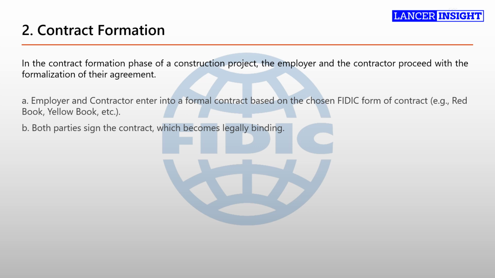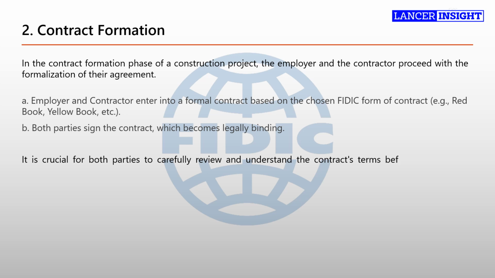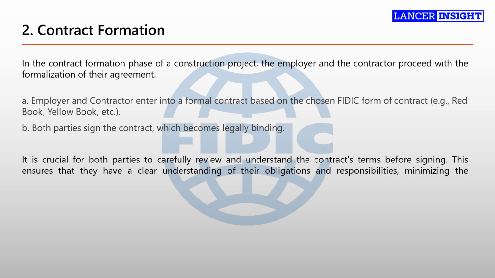parties to work within. It sets out the understanding and agreement between the employer and the contractor, ensuring clarity and certainty in their relationship. The signed contract also acts as a reference point for any disputes or issues that may arise during the project's execution. It is crucial for both parties to carefully review and understand the contract's terms before signing. This ensures that they have a clear understanding of their obligations and responsibilities, minimizing the potential for misunderstandings or disagreements